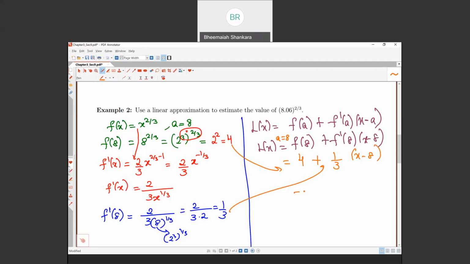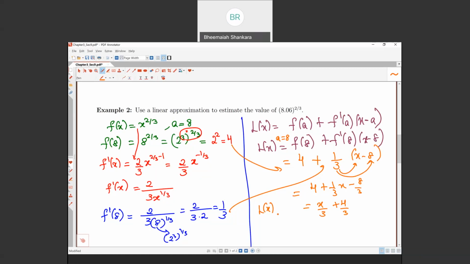So let me rewrite this as 4 plus 1/3 x. I'm multiplying this 1/3 to both the terms, negative 8 over 3. Simplifying again, I get x over 3 plus 4 over 3. I'm simplifying the fraction 4 minus 8 over 3. Now that we have a nice neat approximation of the given function,